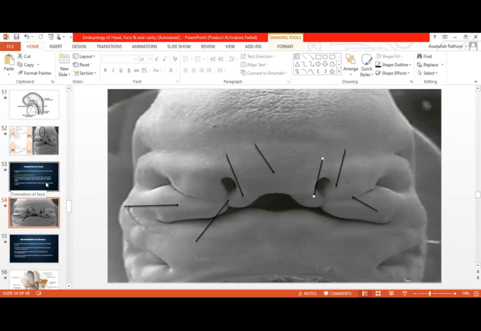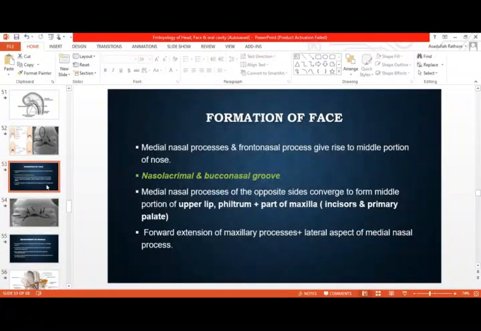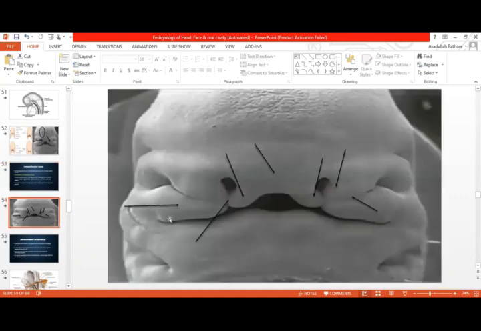This is basically a depression-like structure that is present in between the tip of the nose and the upper lip. Okay, a depression-like structure, this is known as the philtrum. Okay, then we have the last point that states the forward extension of the maxillary process and the lateral aspect of the medial nasal process will form the lateral aspect of the upper lip. Okay, so now here